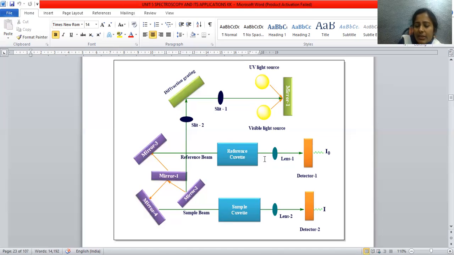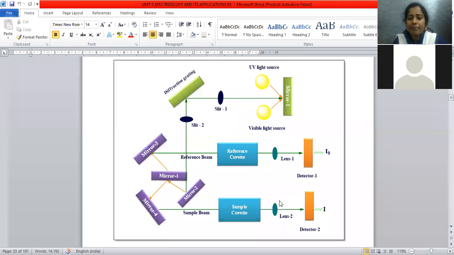The beams then flow to the detectors, which are used to get the radiation coming from the reference and sample cuvettes. These detectors are optical devices.